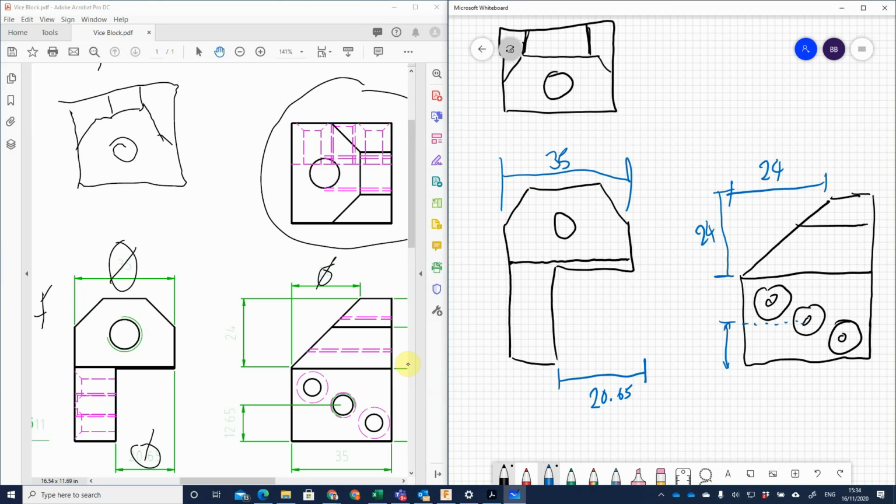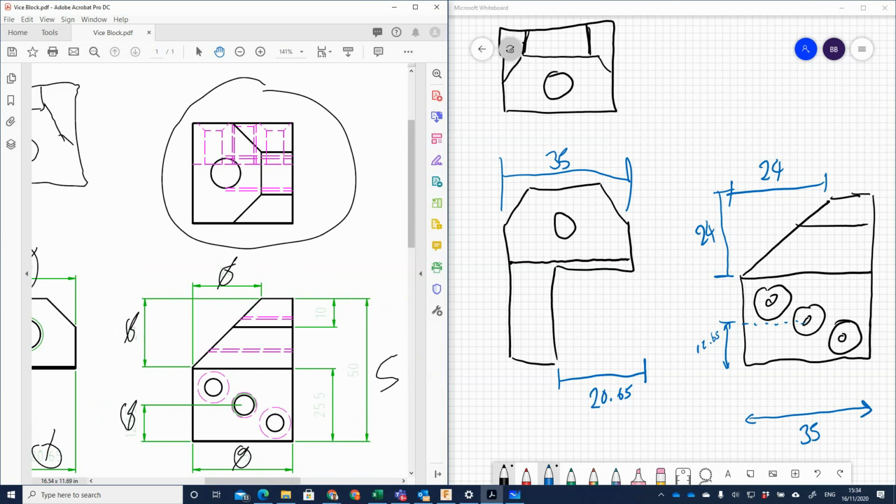The centre of my hole is 12.65. Okay, we know that that component there is 35 as well. So this component here is 10,